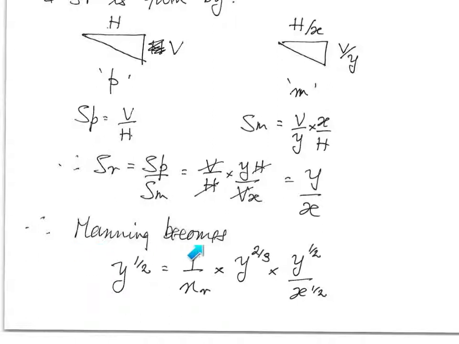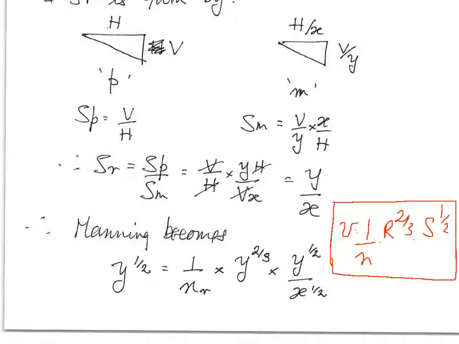So Manning's equation, that's one we're going to use a lot in model questions. We would normally write it as V equals 1 upon n, R to the 2/3, S to the half. Here it is in its basic standard form. Now, if we took the ratio of Manning's equation in the prototype to Manning's equation in the model, we'd have